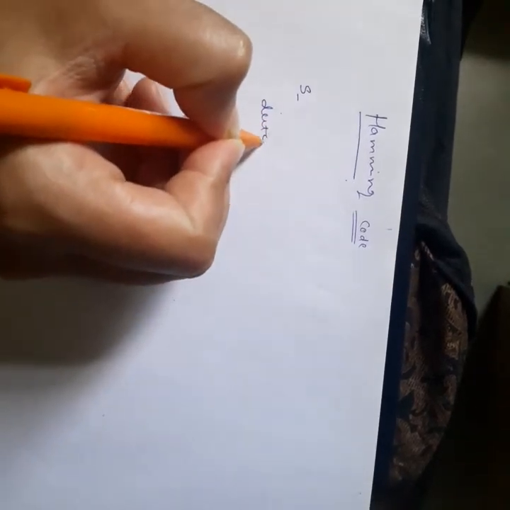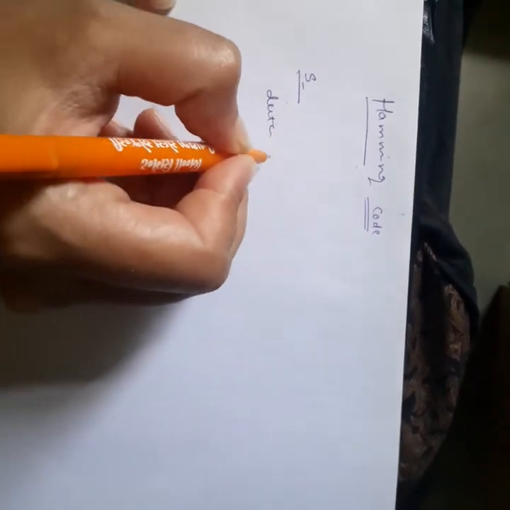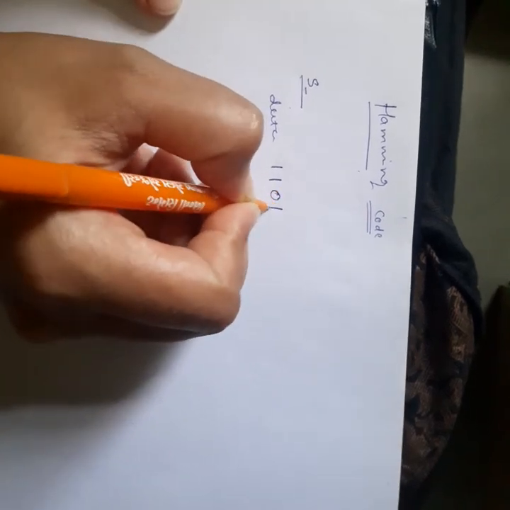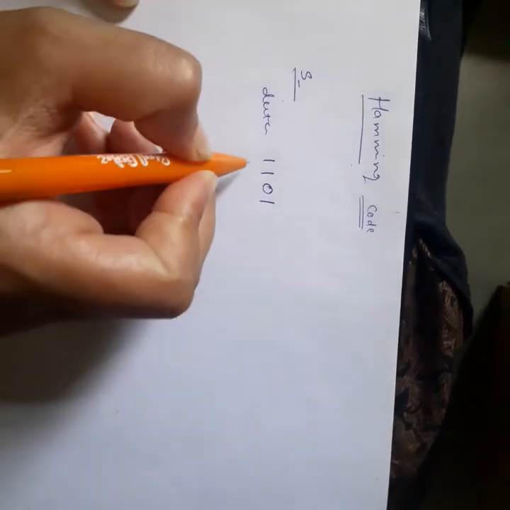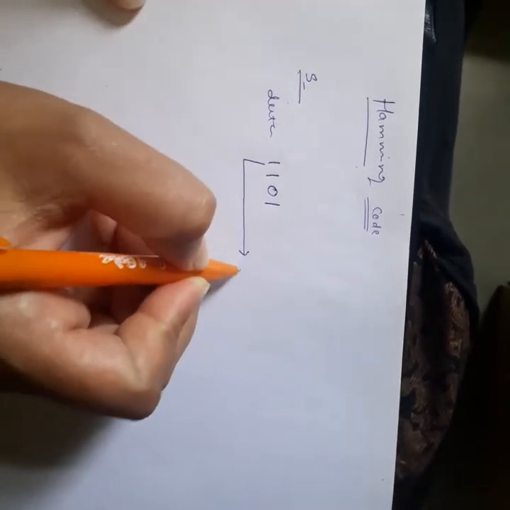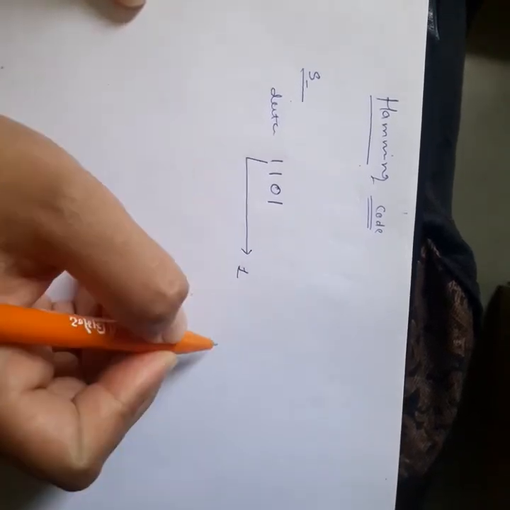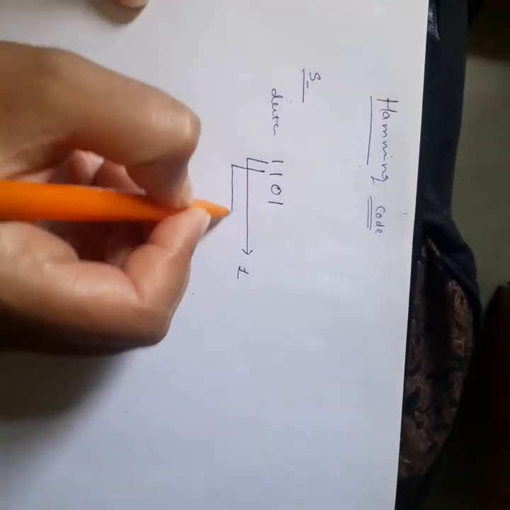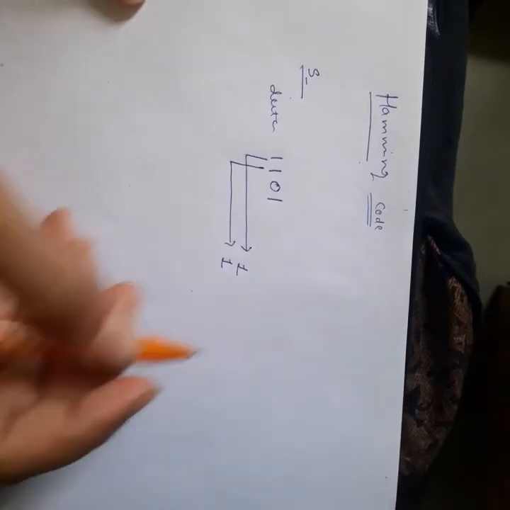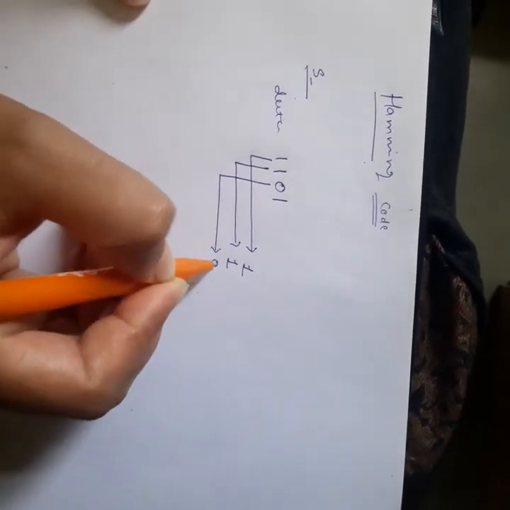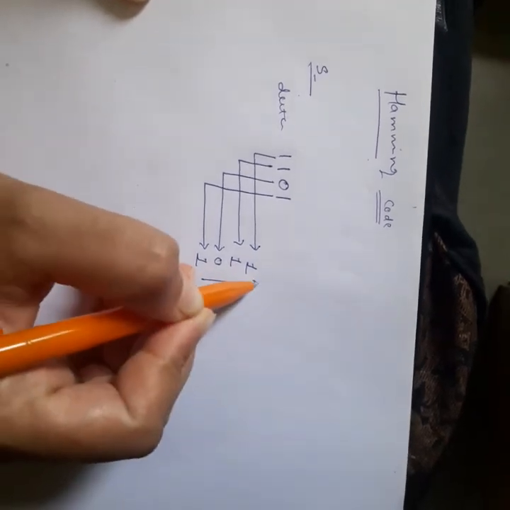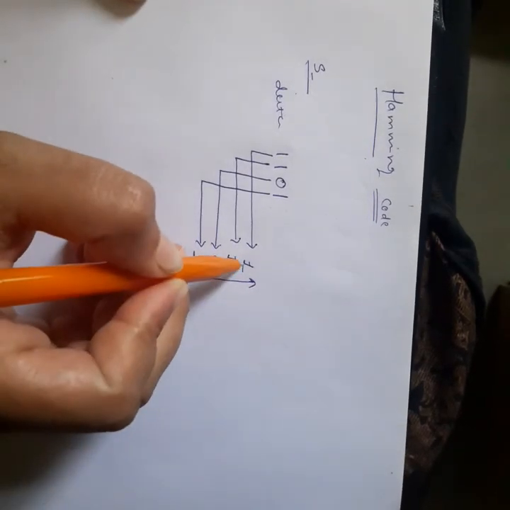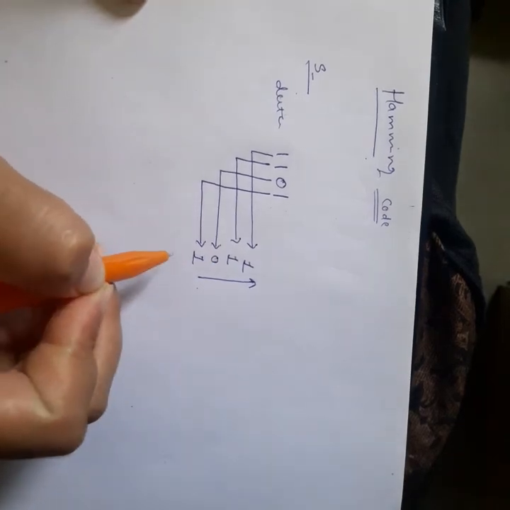At sender side, sender is having data. For example, data is 1101. If sender wants to send this data, so definitely data will go in this way. So for example, first of all, 1 is there. So 1 would be my first bit sent to my receiver. Then after this, next one is my bit sent to my receiver. Then after this, third bit, and then after this is going to be the fourth bit. So likewise, my receiver is going to receive data. First of all, is going to receive 1101.